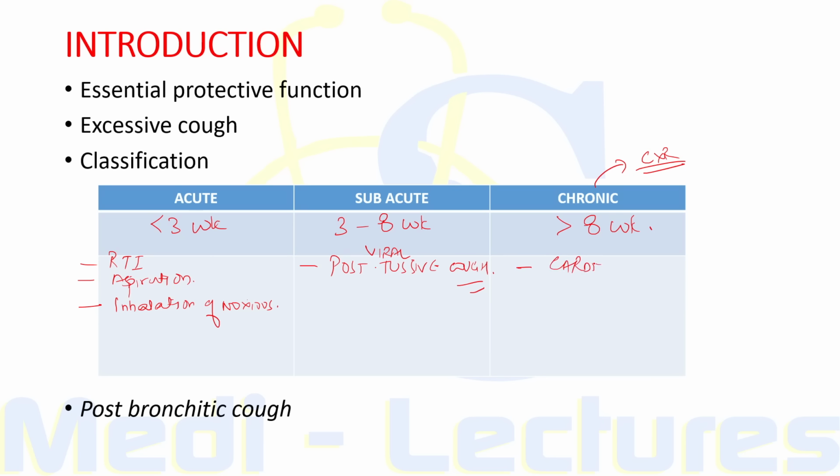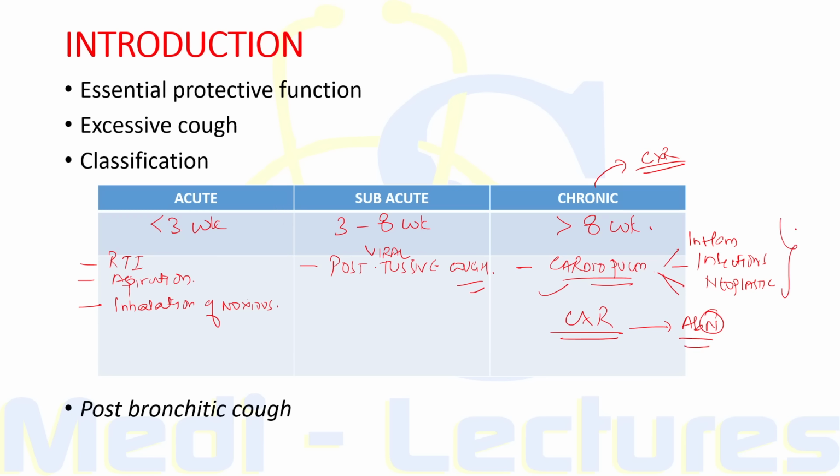When we consider chronic, this is the one which occurs due to various cardiopulmonary conditions which can be inflammatory, which can be infections, certain cancers, neoplasm of cardiopulmonary system, or other cardiovascular disorders. Now, as we discussed that in each and every patient of chronic cough, we have to order a chest X-ray. If the chest X-ray is abnormal, we will identify whether there is an inflammatory infection or neoplasm of cardiopulmonary system. If the chest X-ray is normal,